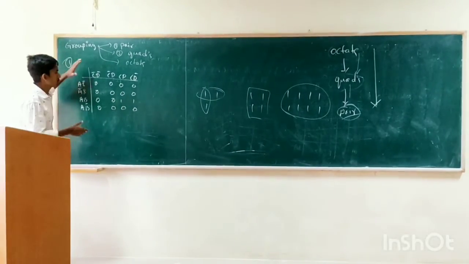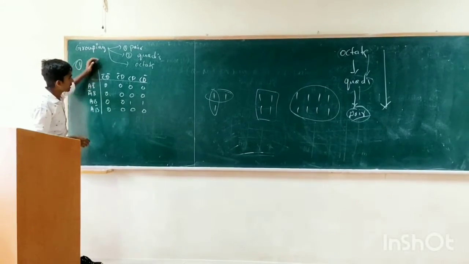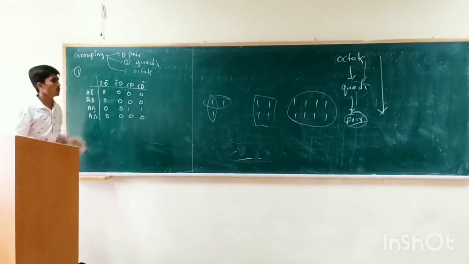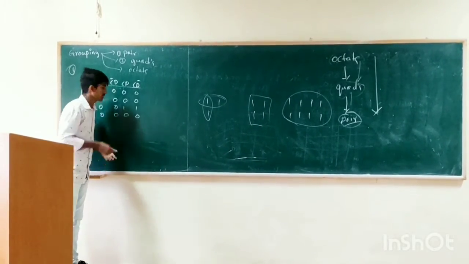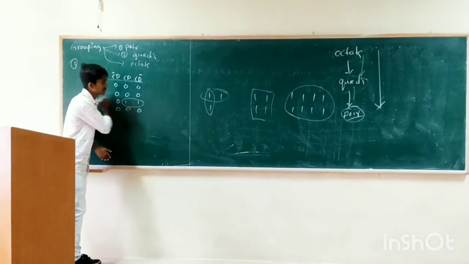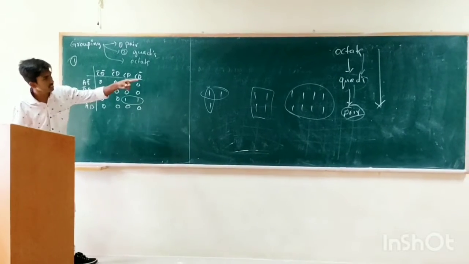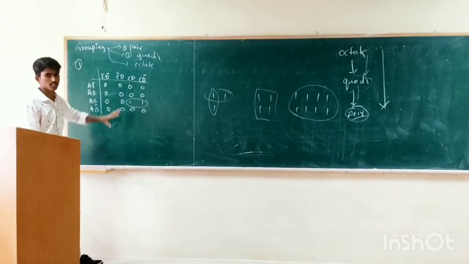See everybody, in this problem we have adjacent ones. We are considering only ones. Adjacent ones having only one pair. That pair is 2 ones, so we can make a group. This is a pair. First we check for octets, but there are no octets. Second quads, none, only a pair. So we made one group, just a pair.